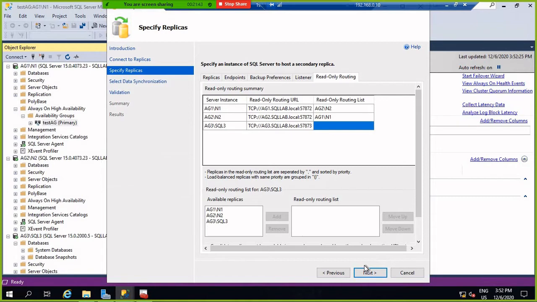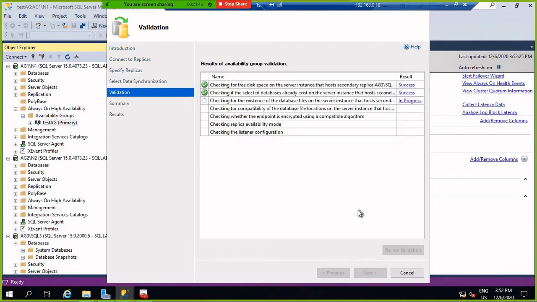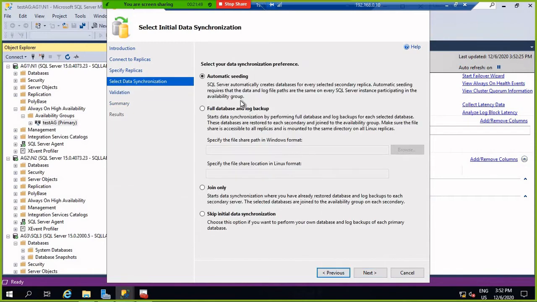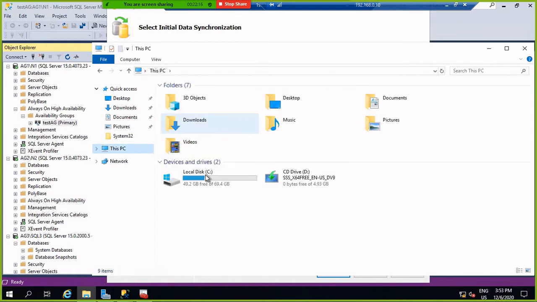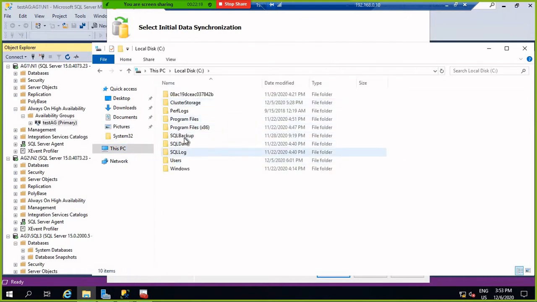Okay, one thing more. Auto seeding is only successful when you have a similar structure, like data folder, log folder, backup folder, MDB folder. These are the similar locations. Here you can see data, log and backup, this is the folder.